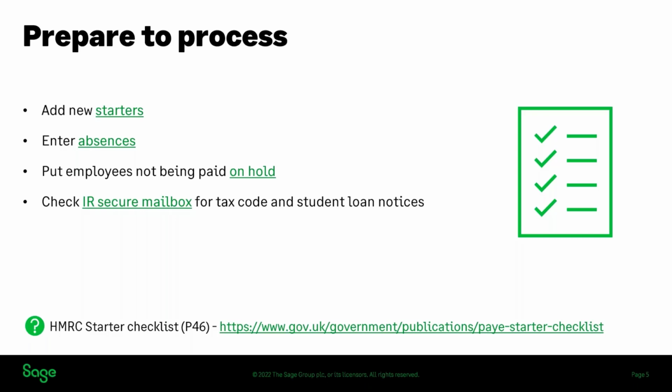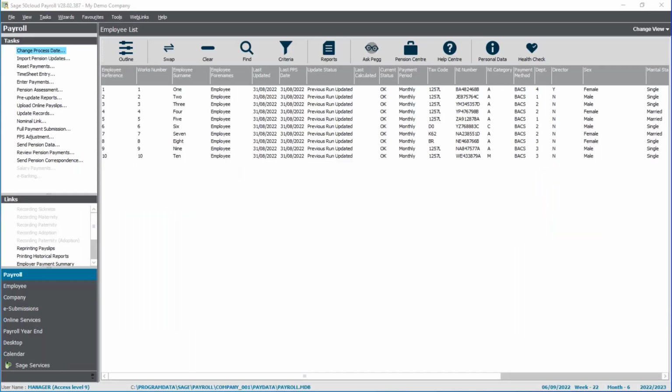So I'm going to run through some of those steps in the first demo of the webinar today. Let's just bring the slides down, and you'll see I'm already signed in to Sage 50 Cloud Payroll. The first thing we're going to do is add a new starter. Throughout the webinar I'm going to try and share some hints and tips with you, so even for those that are used to running a payroll, hopefully you will learn at least one thing that's new in today's session. When it comes to any new starter, they should bring with them either a P45